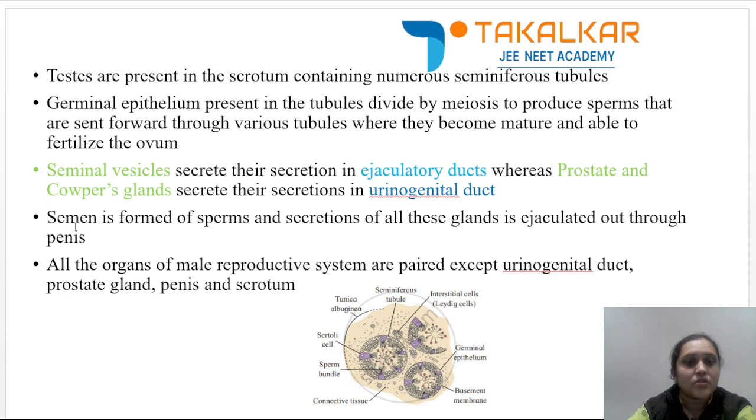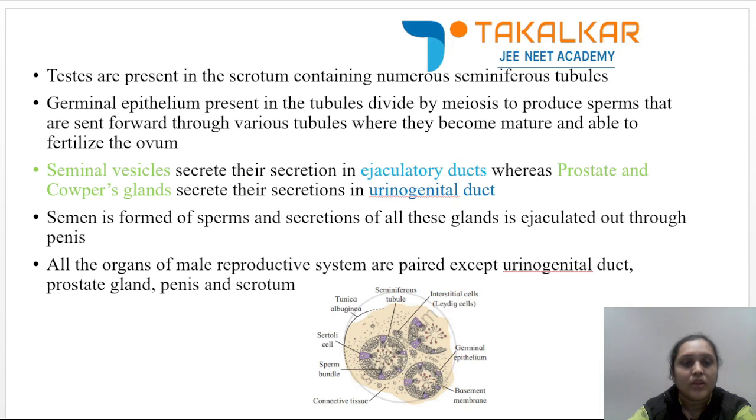The secretion is called semen, which helps in the movement of sperms into the penis and also during copulation. All the organs of the male reproductive system are in pairs except the urogenital duct, the prostate gland, the penis and